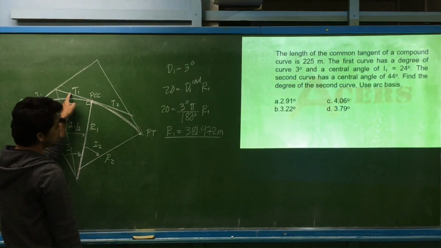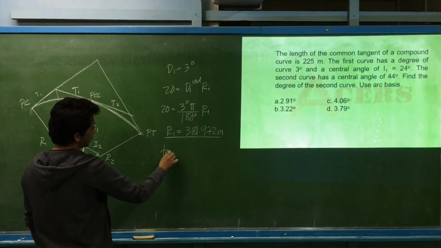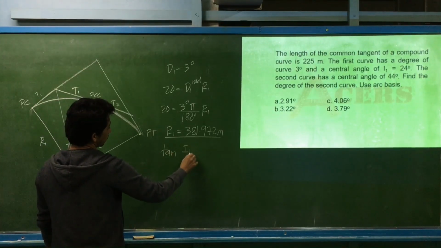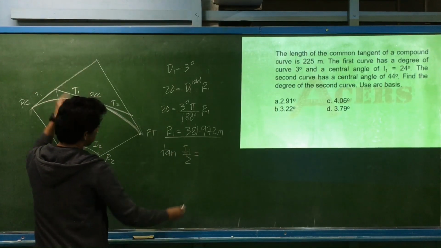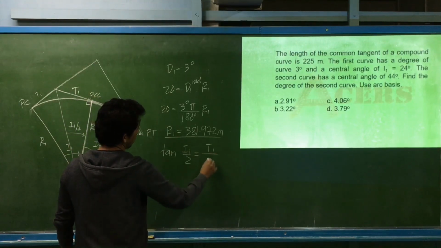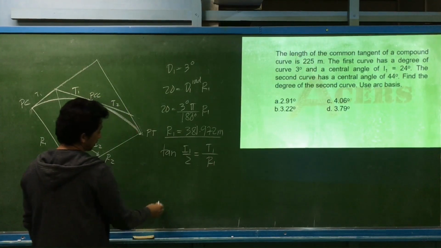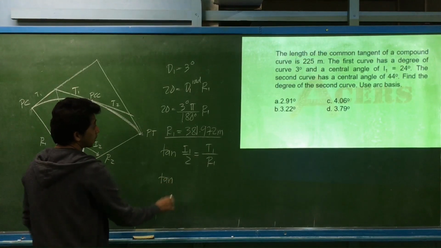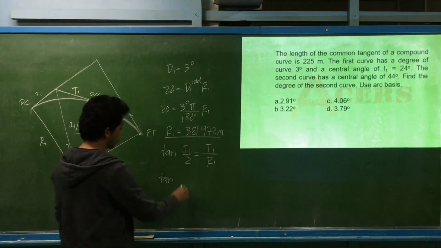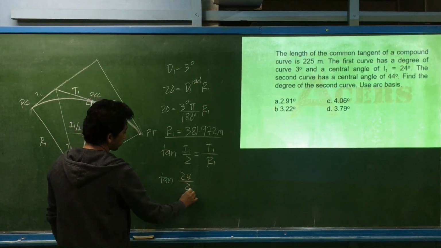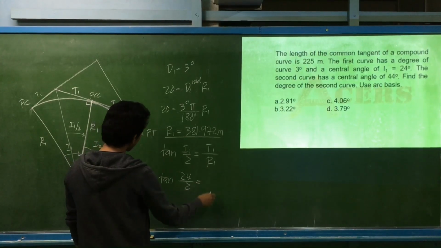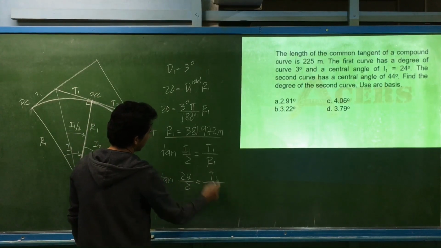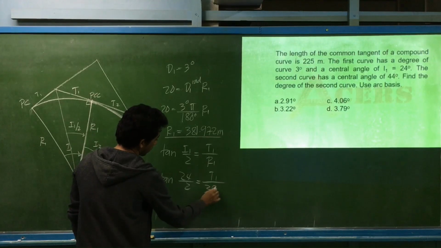So kapag tangent ang hinahanap at merong ang radius, you may proceed to tangent. Tangent of I1 over 2 is equal to opposite. That is tangent 1 divided by radius number 1. So this is the same as tangent. Ano yung ating I1? That is 24 over 2 is equal to tangent 1 divided by radius number 1,